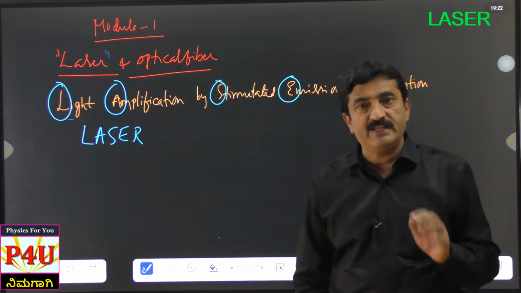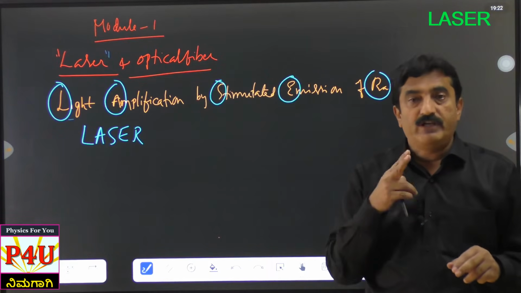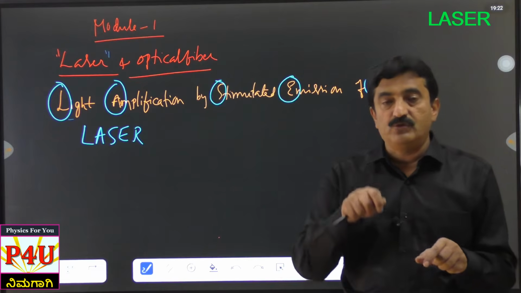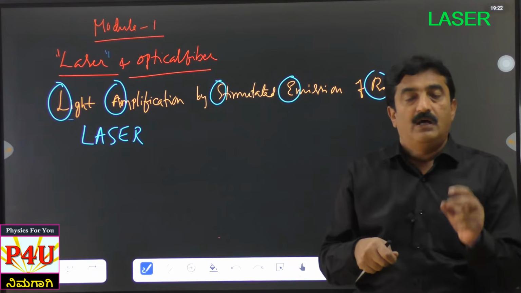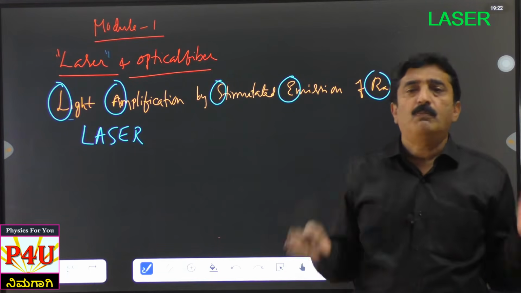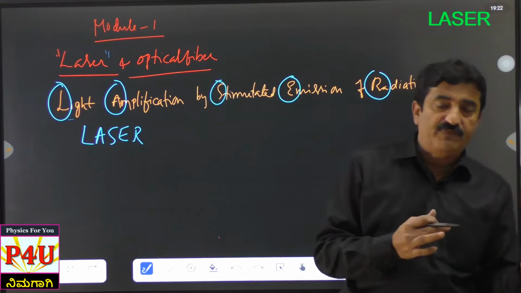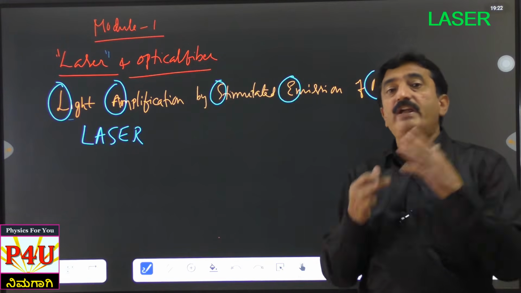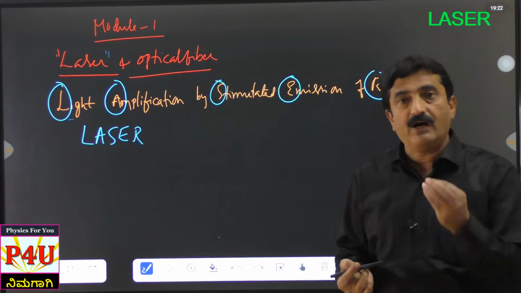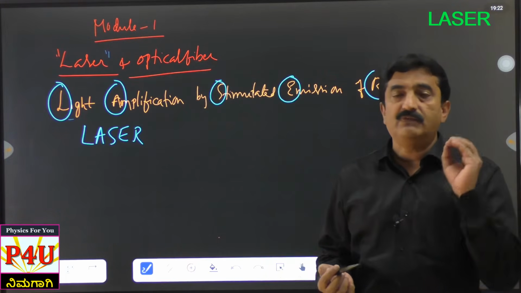In fact, we have lasers which can be used to cut metal sheets. We can use laser to cut cloth. We can use laser to drill holes in metals, or for welding purposes. So powerful the laser beam is. So now the question is, how is laser different from ordinary light and why is it so different? Before getting answers to all these questions, let us look at the historical developments of laser.